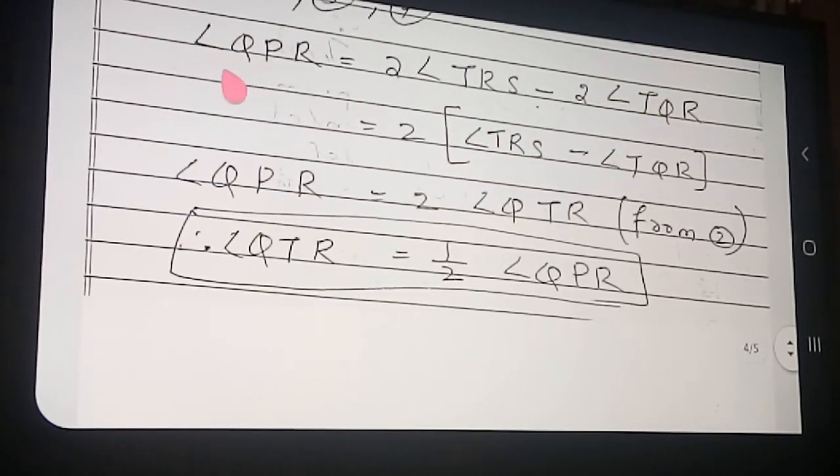So that will be here. Angle QPR is equal to, in the place of PRS we have written the value 2 times TRS. In here also we have written its value, 2 times angle TQR. Okay, clear? See here, equation number 3 and 4 once more.